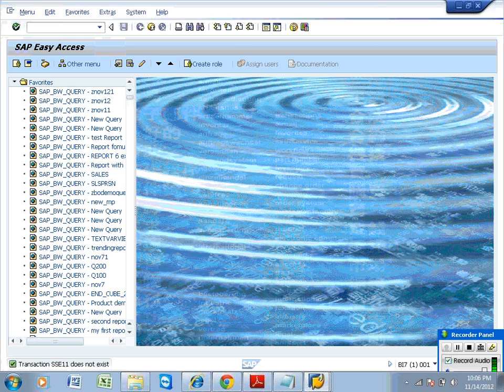SE11. In SE11 you can see information about the table.